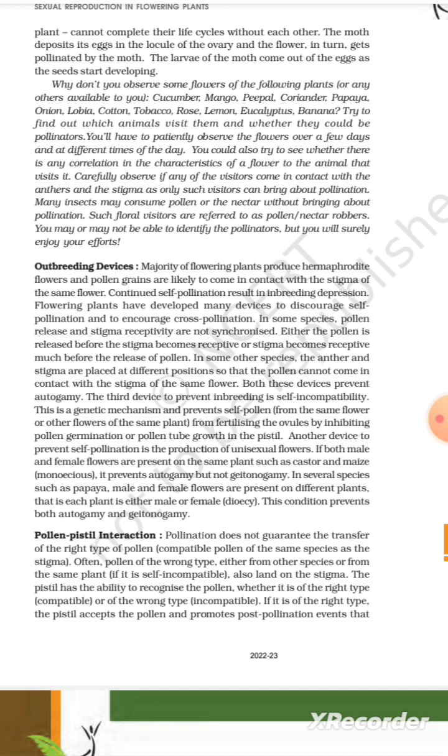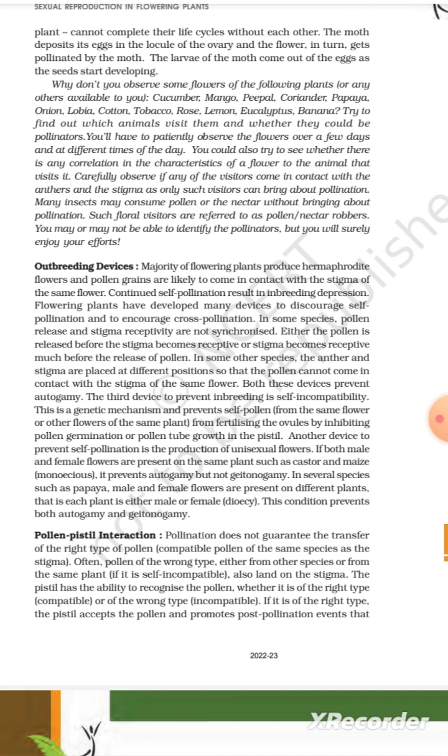This condition prevents both autogamy and geitonogamy. Pollen-pistil interaction. Pollination does not guarantee the transfer of the right type of pollen, that is, compatible pollen of the same species as the stigma. Often pollen of the wrong type, either from other species or from the same plant,